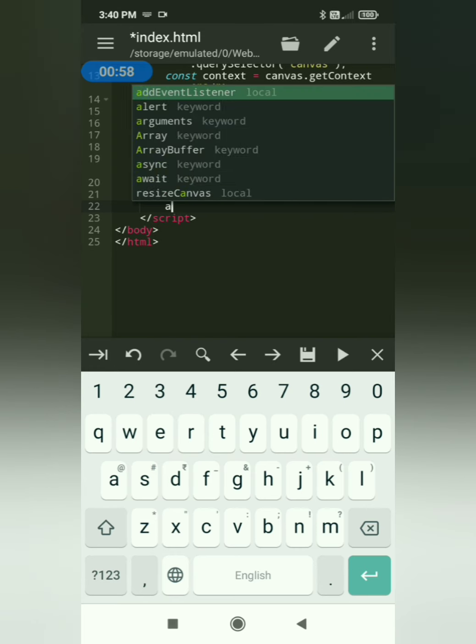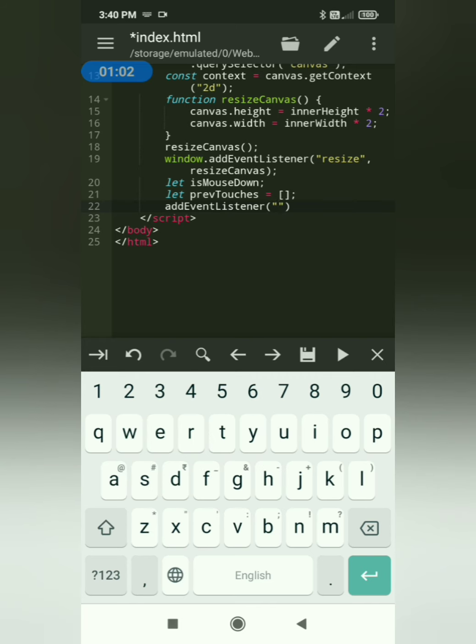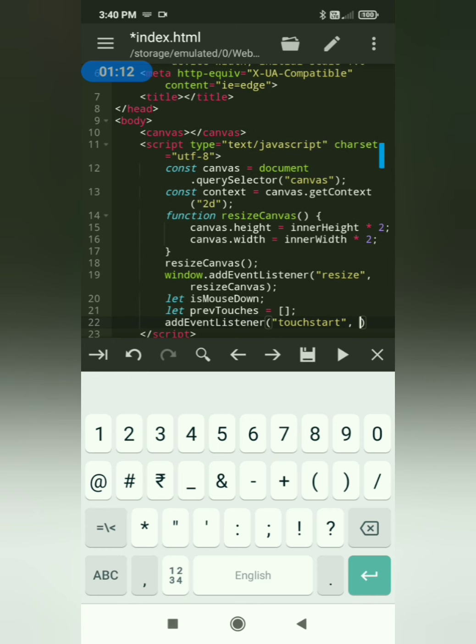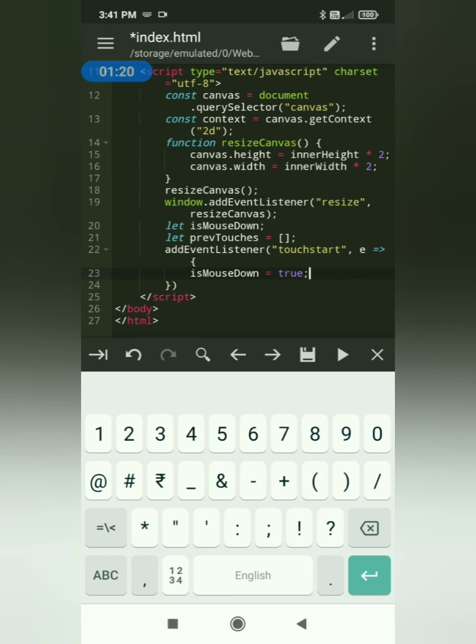Now we need to add an event listener to our window. The name of the event is touchstart. So whenever the user starts touching the window, this event will be fired. Here we will change the value of mouse down to true so that we can reference it in our further code.